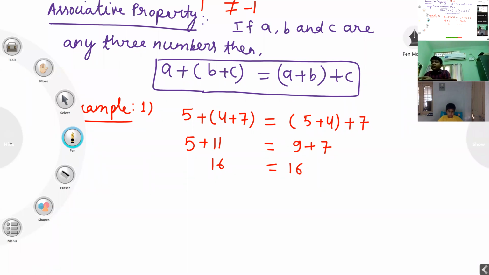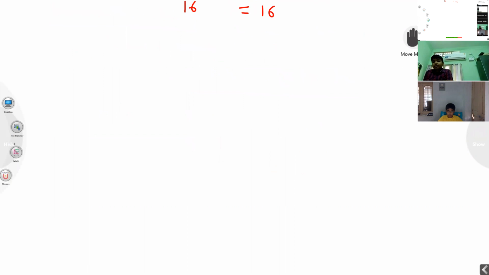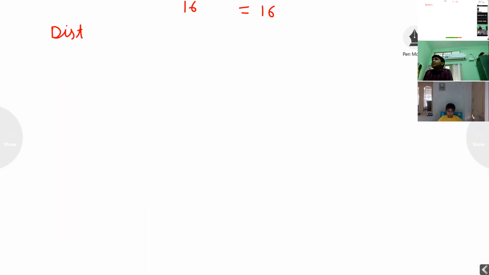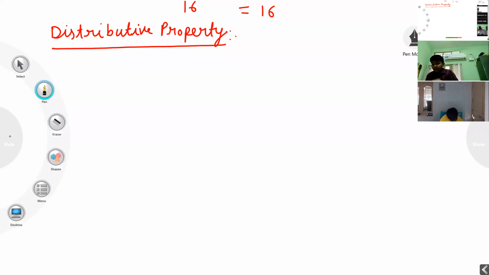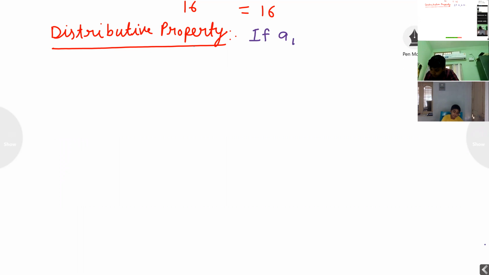Next property, distributive property. If A, B, and C are any three numbers, then